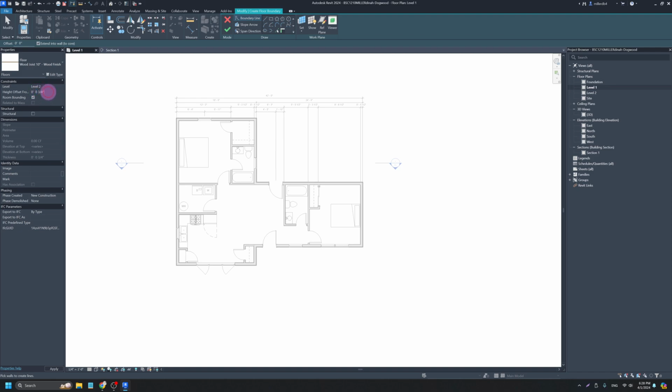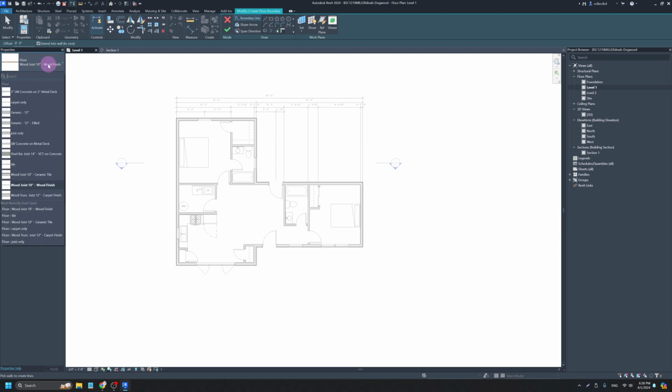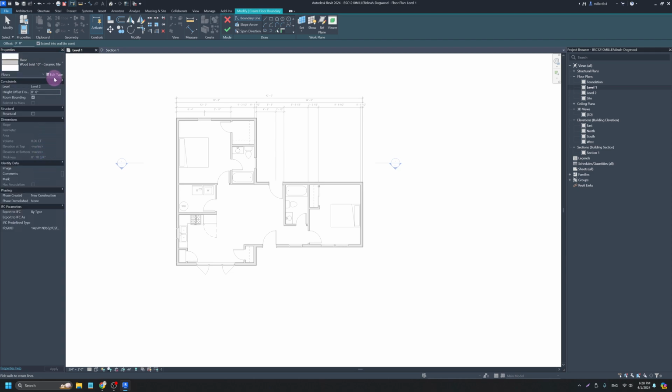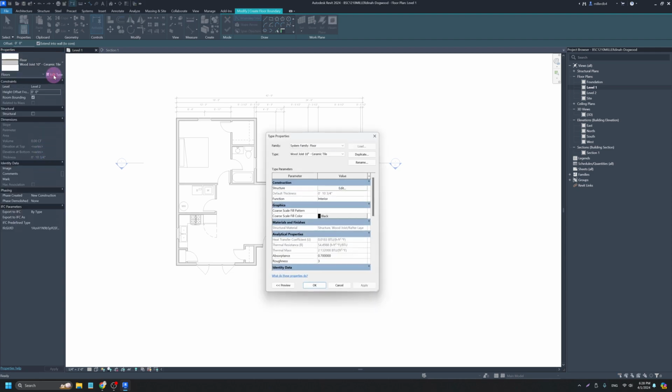This is just left over from the last time we made a floor. I'm going to give it a height offset of 0. Then I'm going to change my floor type by clicking here. Really, you could use either of these two. It's not really going to matter. I'm going to go into edit type. I'm going to duplicate it, and I'm just going to call this one ceiling,